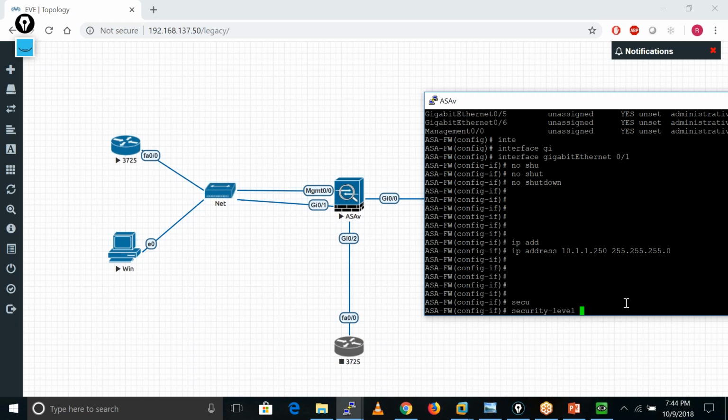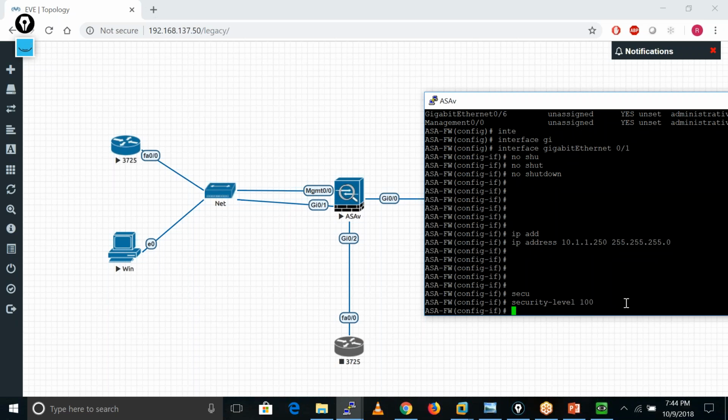Now we define the security level, 100, and the nameif. Nameif is inside. We use nameif to identify the interface, like this is our inside interface. We give this name as the name for the inside interface only.